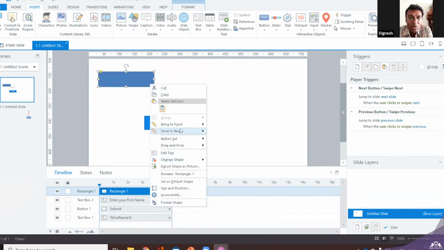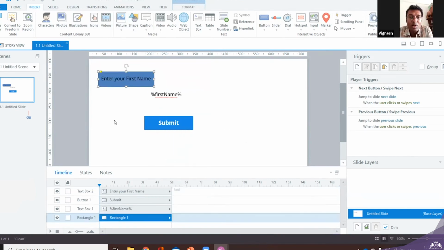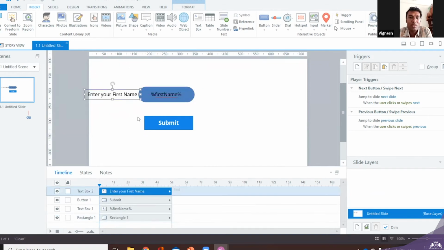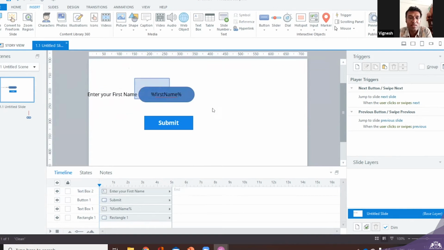We can move it onto that yellow thing. Bhavesh, this shape has to be placed beside this, behind the function thing. And this text can be placed beside it: enter your first name. Yeah, we can align it.